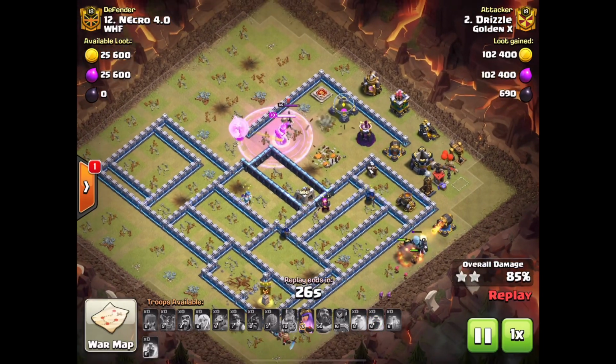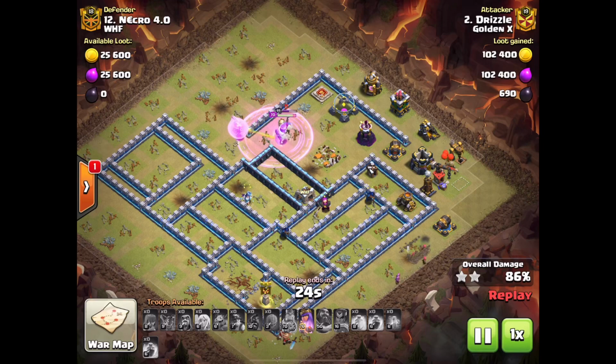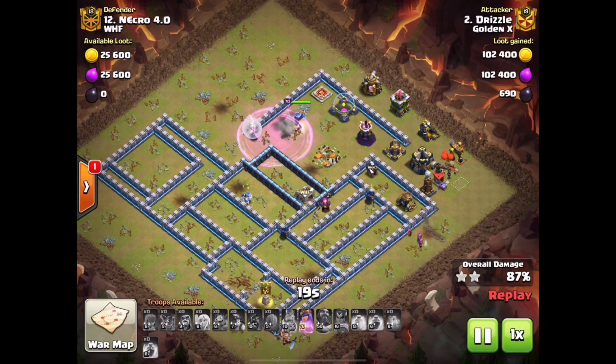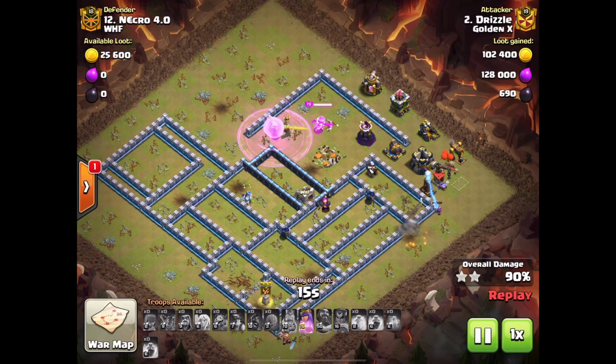He's got to rage one more time for the queen to get through the Barbarian King. Still has her ability, so this is going to be a triple all day long here by Drizzle, coming in with the Queen Charge Hog Miner hybrid right there. So very nice